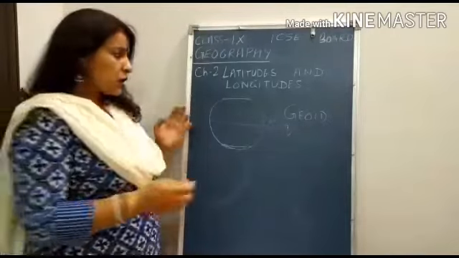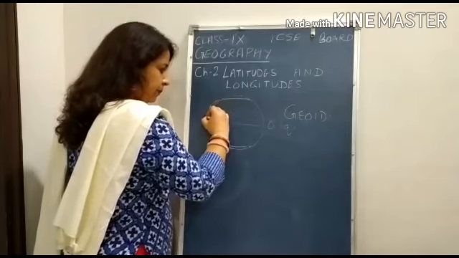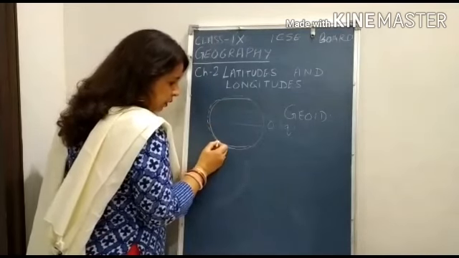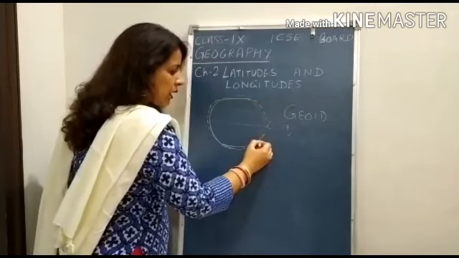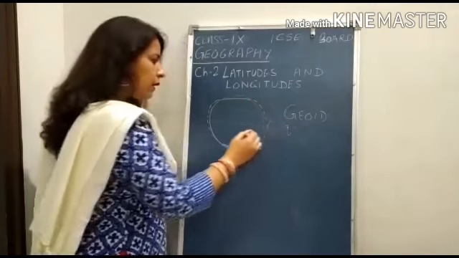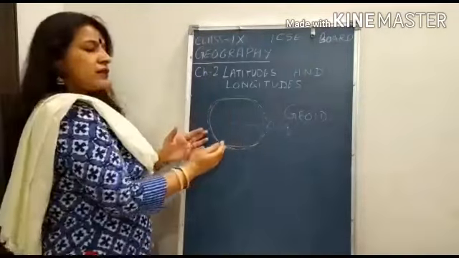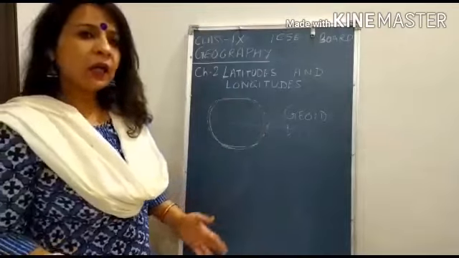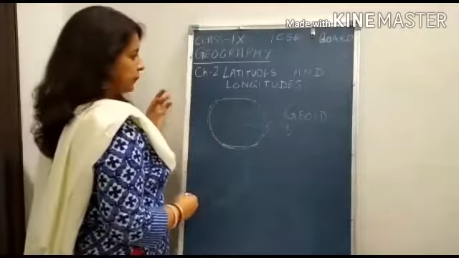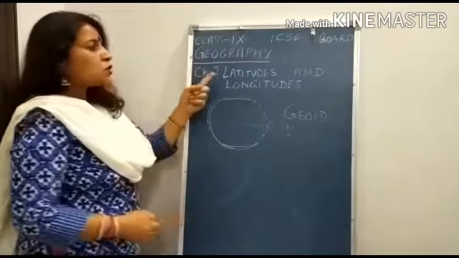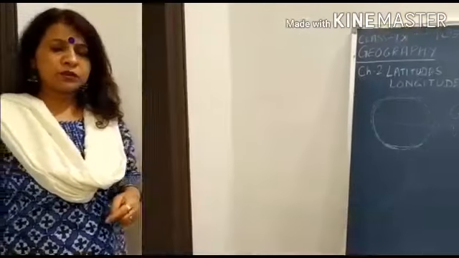It slightly comes up. So this will be the new shape of the earth. This portion slightly comes out. Clear? So that is why it is called compression at the pole, and there is a bulge at the equator. That is called geoid or oblique spheroid. Is it clear? Okay, so I am teaching you about the latitudes and longitudes.